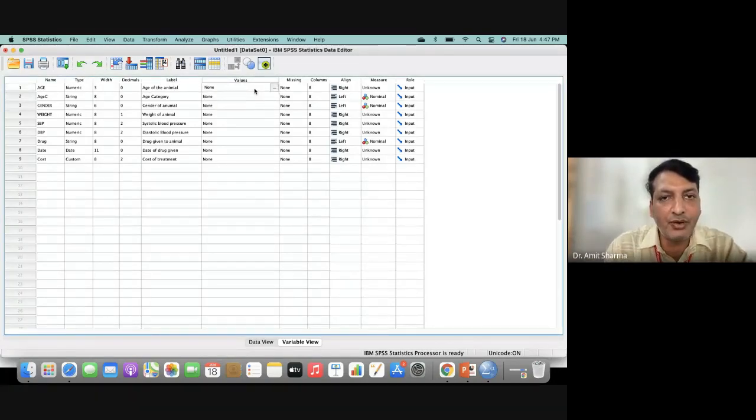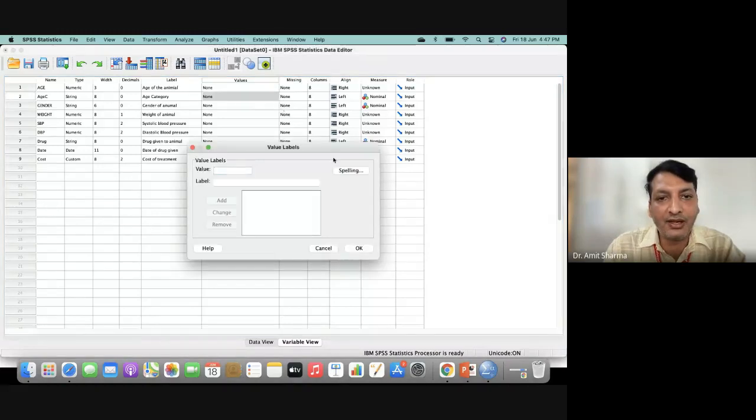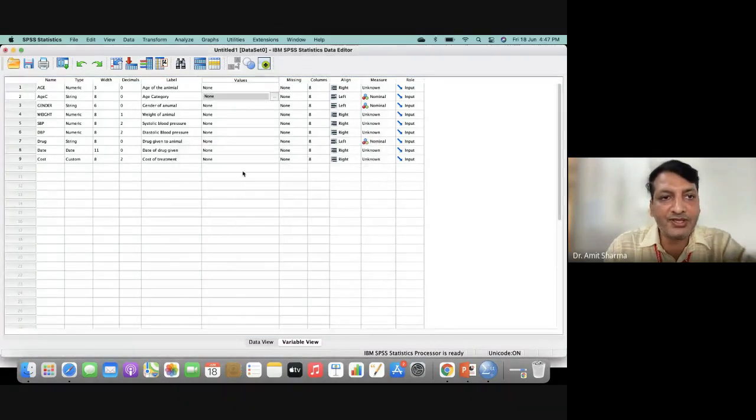In the first one, I'm not going to do any type of coding, but in SPSS, for all the categorical variables, we are required to give a specific code, and the most common codes are 1, 2, 3, 4. For example, wherever you have a string option, like in drugs and in gender, we have to do the coding for all categorical data, because you're not going to write male and female every time. A code will be given and the code will be entered in SPSS. I will let you know what it means.